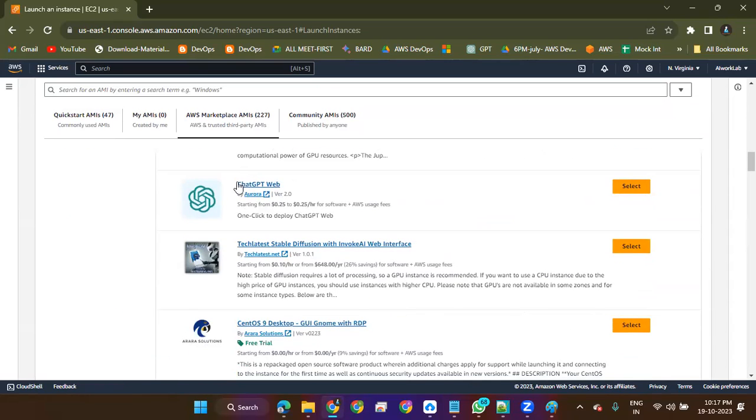See, ChatGPT is a web app. It has an image. If I want to train a model, I can use these machine learning images. If I want to test one algorithm, I can use these images.